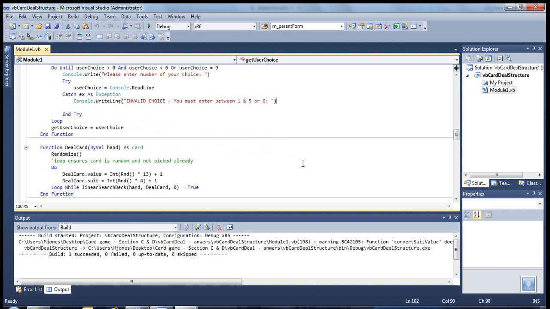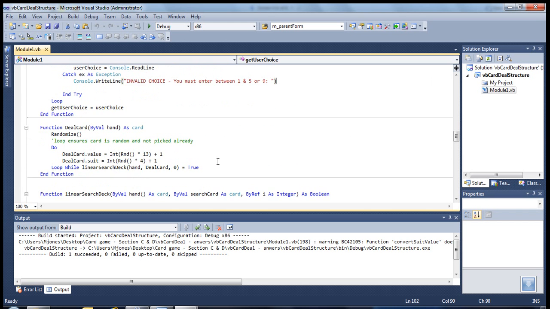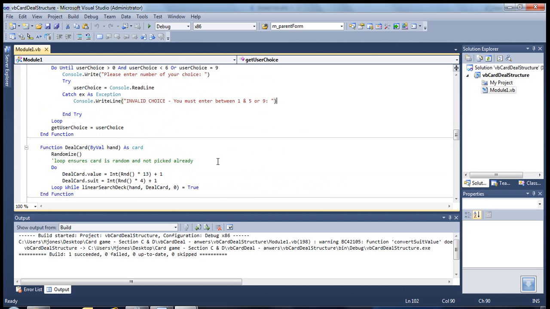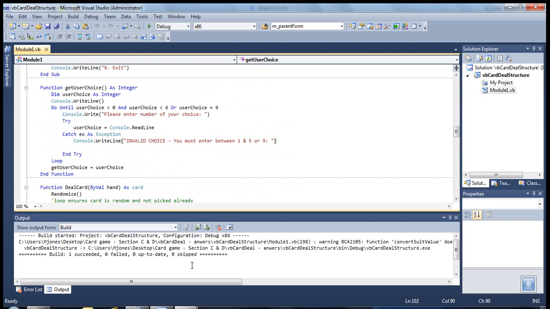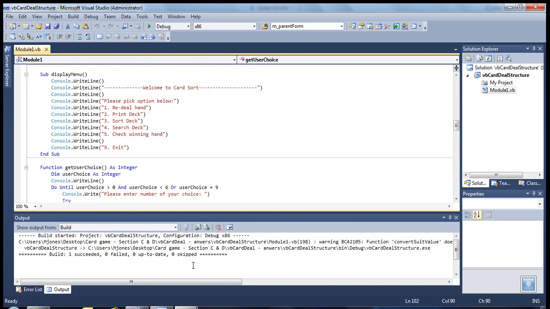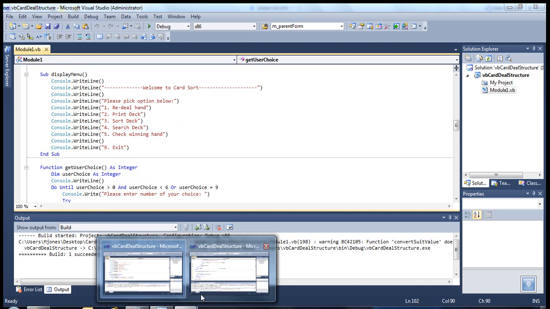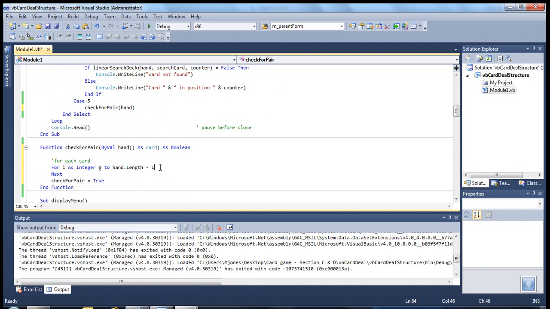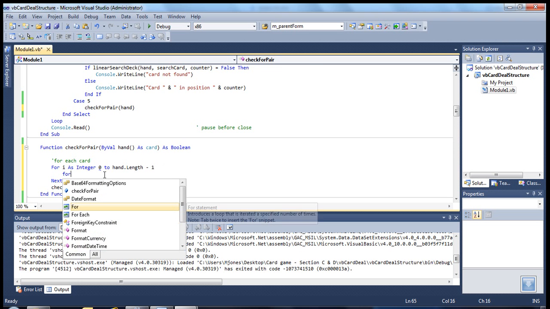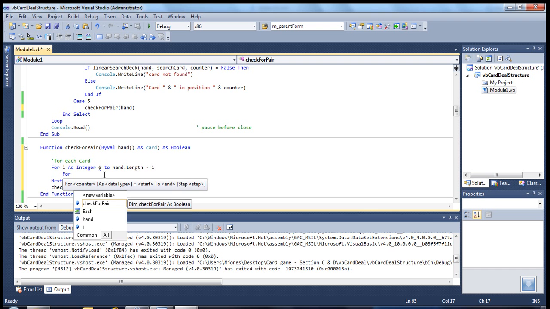Right, okay, so where's it gone? Right, so within that, I want for each card to go through the deck and find out if there's another card of that value. So I'm going to do another loop. So I want to go through the deck, okay,